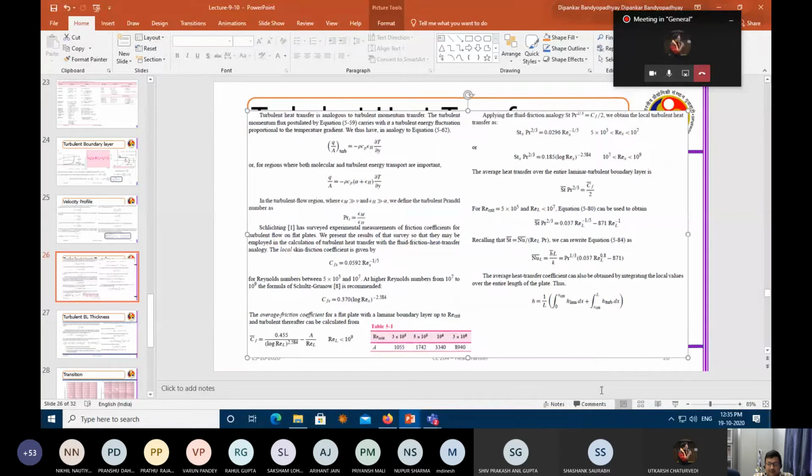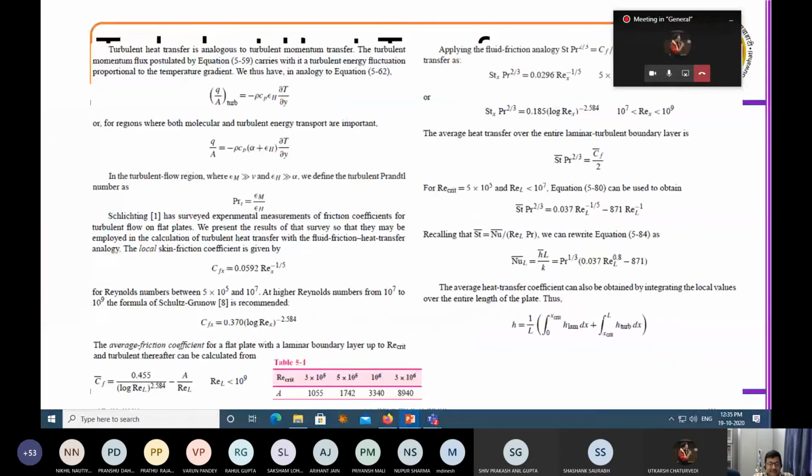If I just put a little bit upward, this will become clear. So you can see that these are all different types of fitting parameters that have been obtained at different Reynolds numbers. So these are all correlation based. It is a very difficult science, physics, in terms of modeling and then getting some result associated with that.